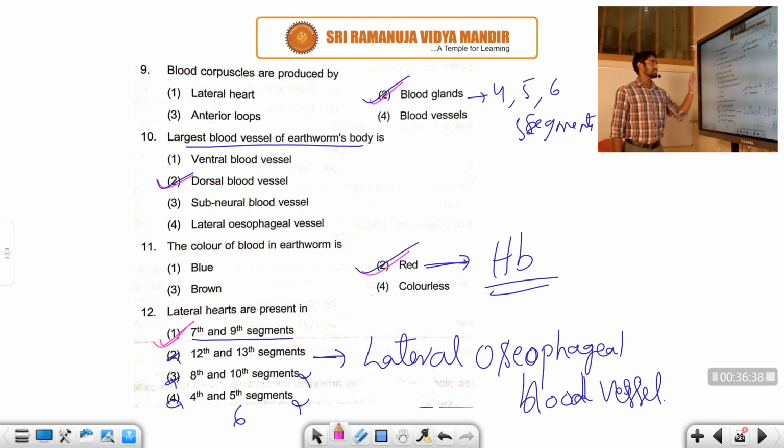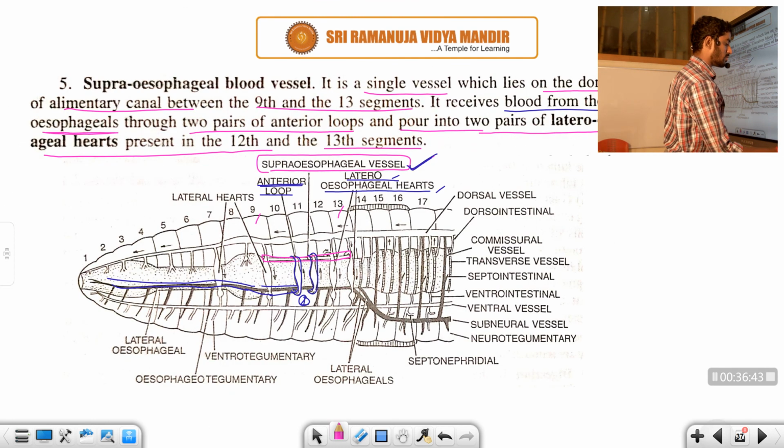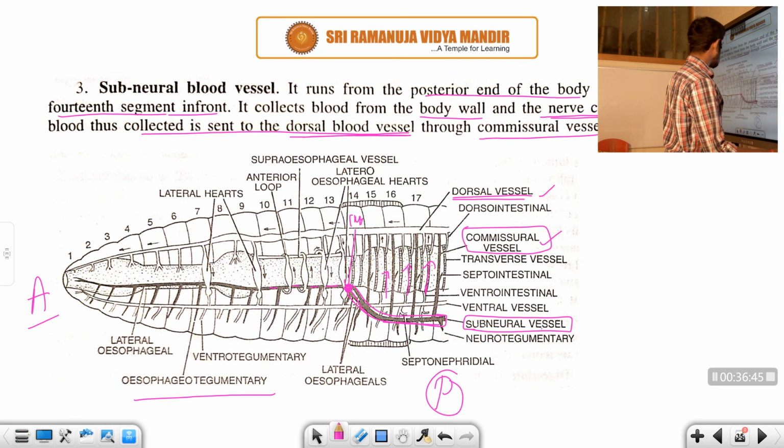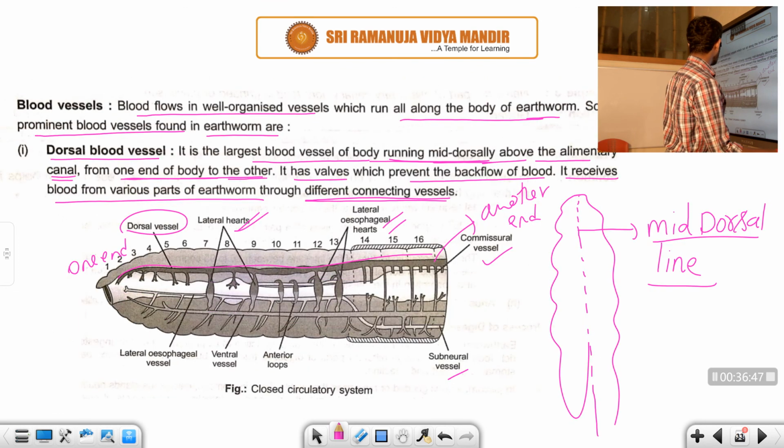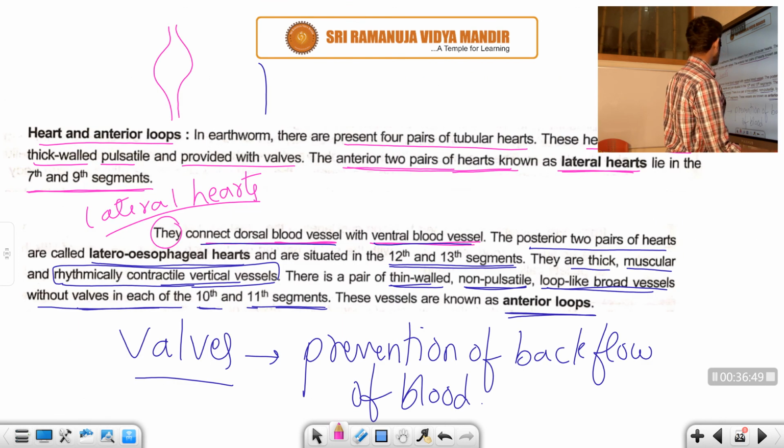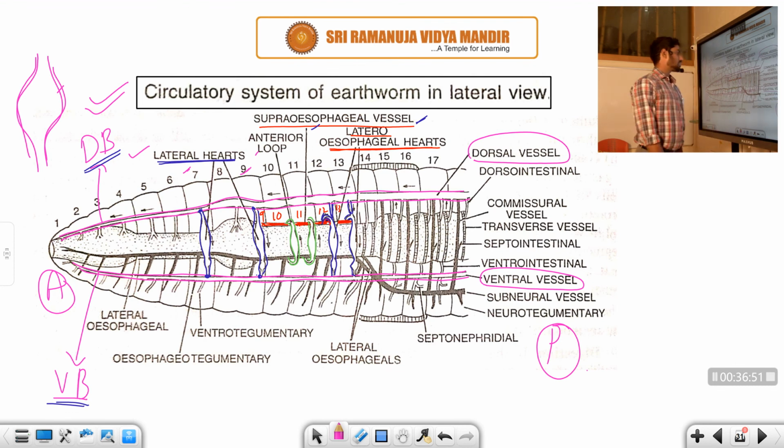So students, I hope you understood. This is the information. Once again I will recall what we discussed today. Just a minute students, take a look. For the entire class I am giving you a summary. We are talking about the circulatory system.